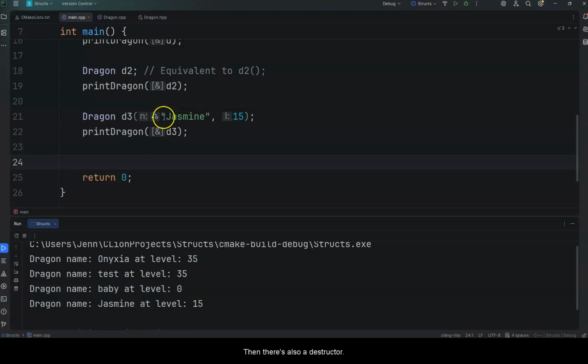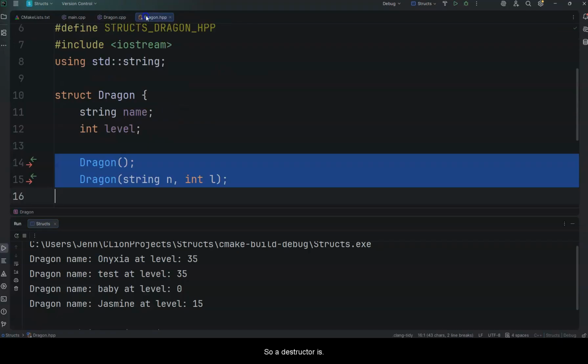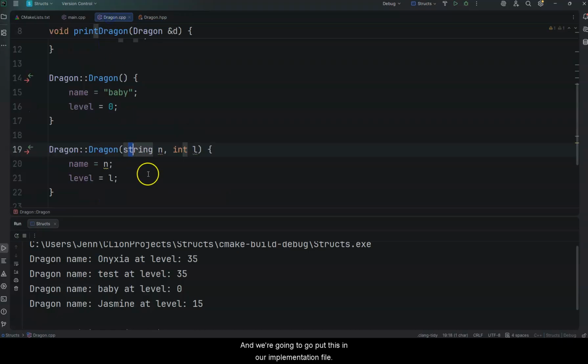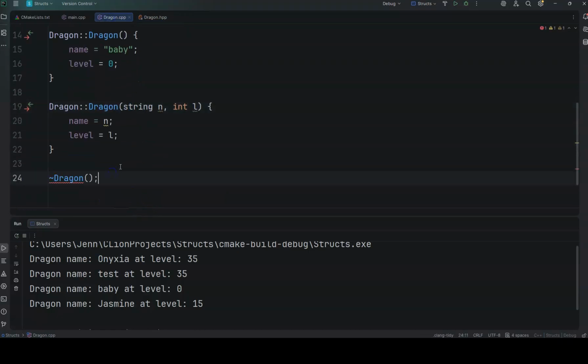Then there's also a destructor. So we're going to go back to the header file. It starts with a tilde, the one that's right next to the 1 on the keyboard, with the parentheses and the semicolon. So the dragon destructor. We're going to put this in our implementation file too. Just the same way that we needed dragon to say where the library is, we need the same thing here: Dragon::